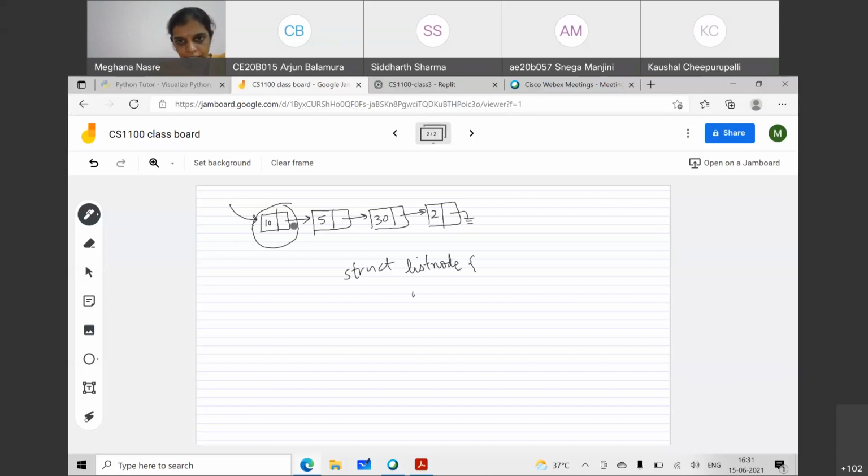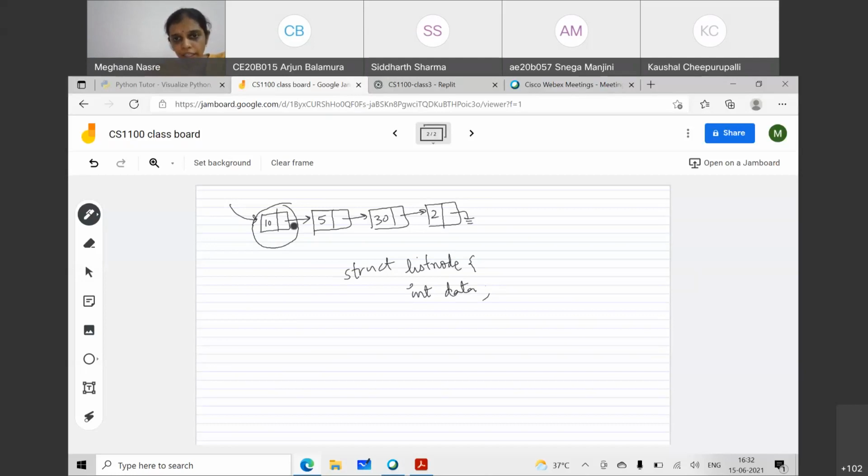And of course it has an element which is int, let's call it data. So the data is a simple integer. The second element is slightly unconventional or new. This is a pointer, and let's call that member next. That is again typical.